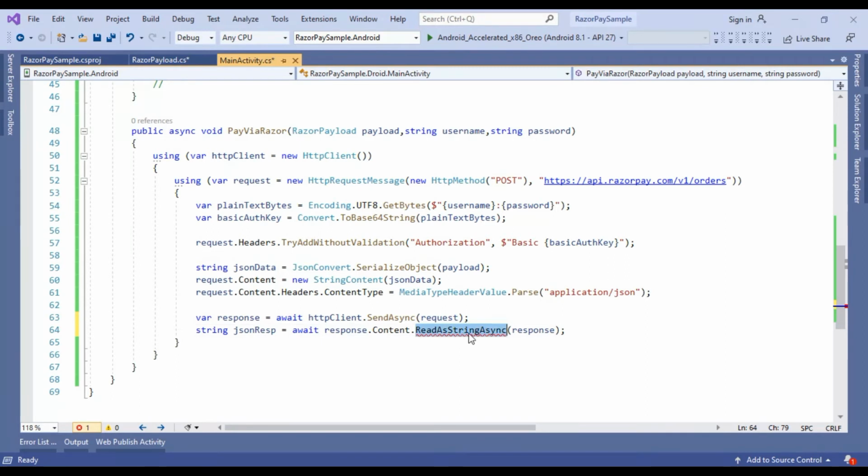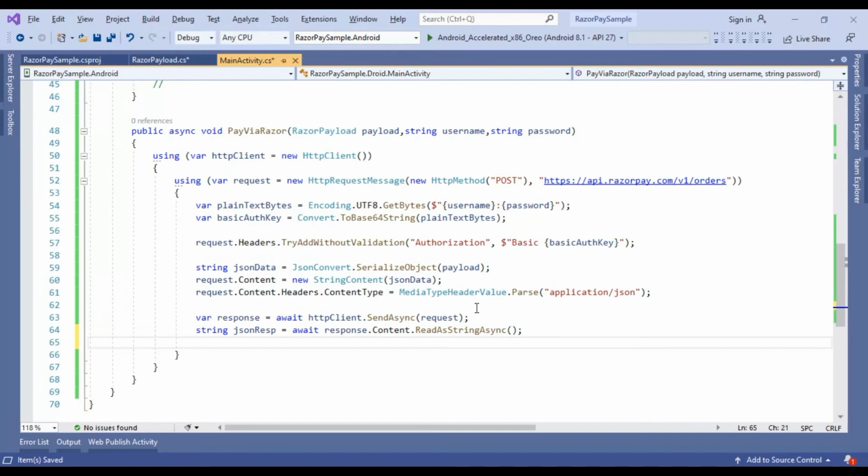After that, it will automatically return the JSON response, and we have to convert this JSON response to the class object.